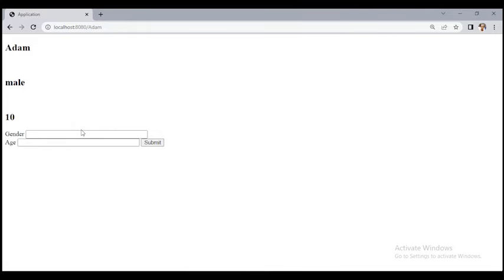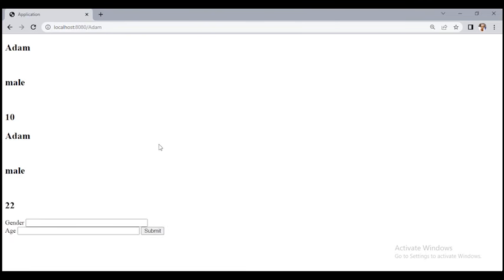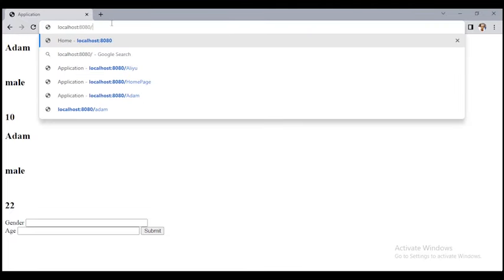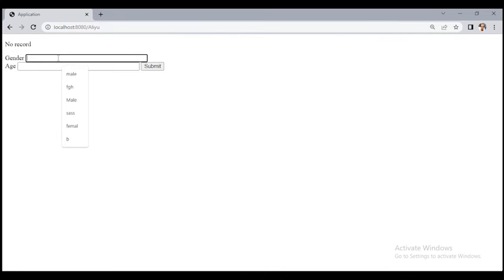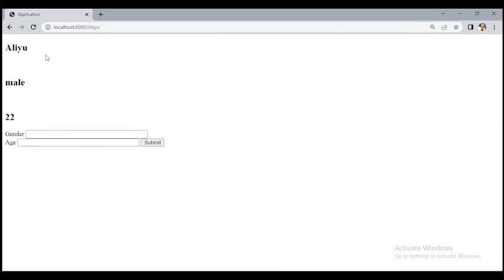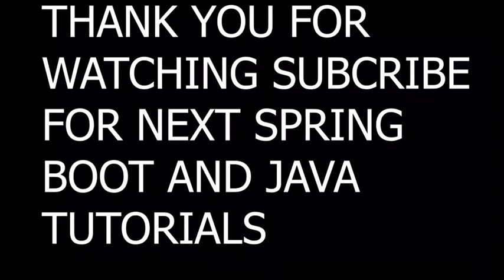Okay, now if we pass another male and the age 22, we will have the same Adam, unless we change the name here. Okay, if we change the name here and then add, we can also have the change of name, Aliyu, male, and then 22. Okay, this is all about the